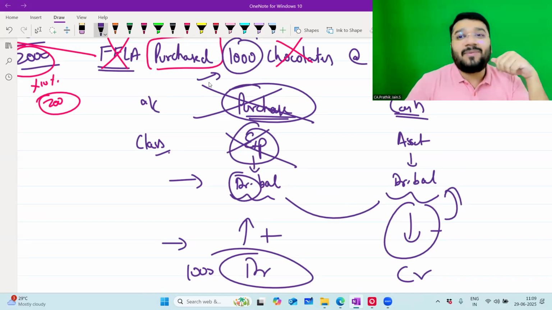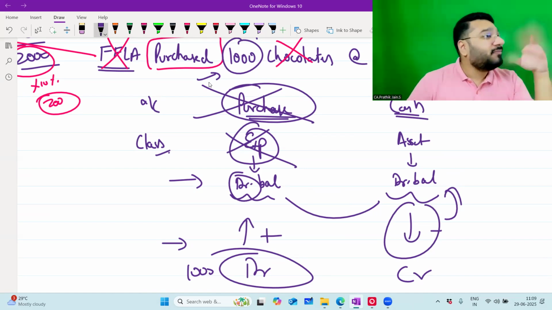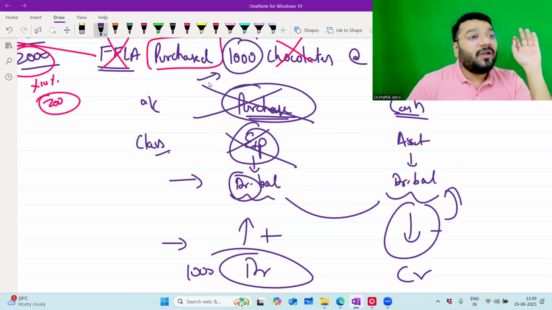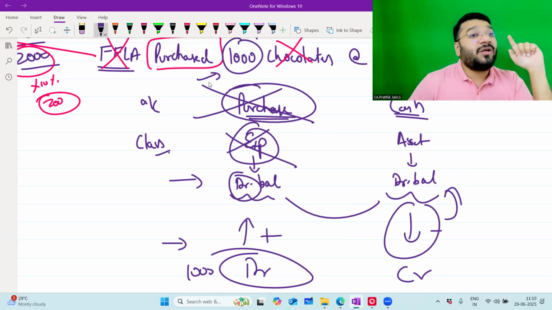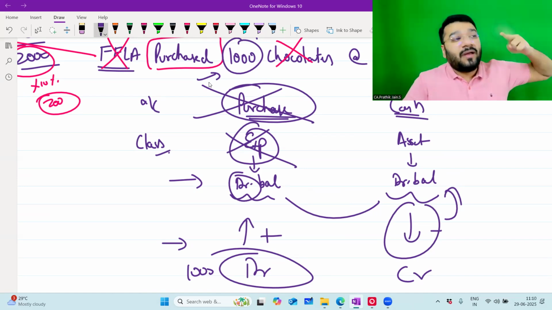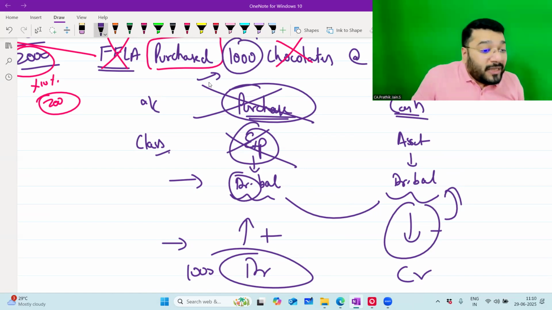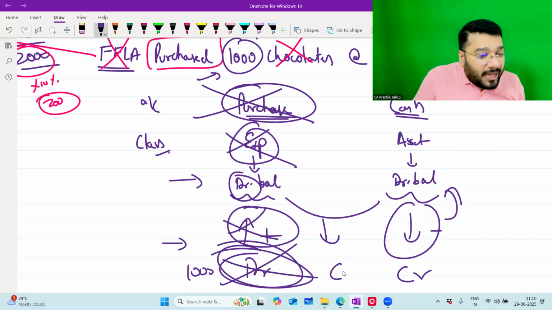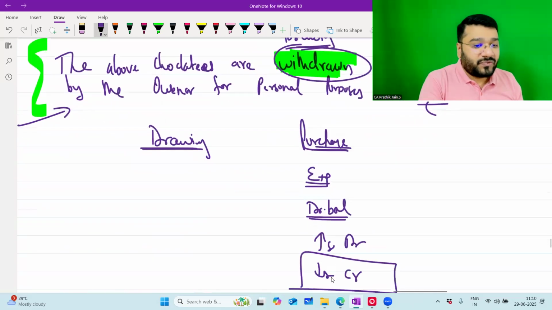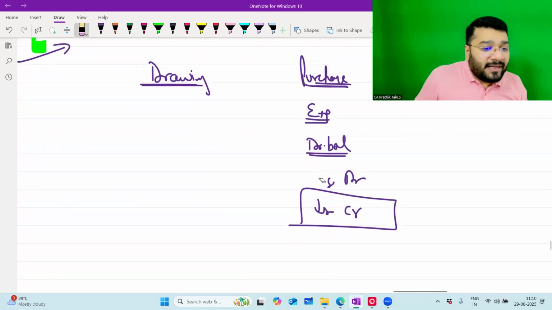Do you think the income tax department is a fool? No, you can't outplay. You have to be very, very clear with what the rules are. If you are recording expense, it means you have to use that in the business. If you're using it for your personal life, you can't keep that as your expense. So the expenses you recorded have to be reversed. To create expense, to increase expense, you gave a debit. Now to decrease expense, I should give a credit. To increase, add. To decrease, minus. Therefore, I'll minus.